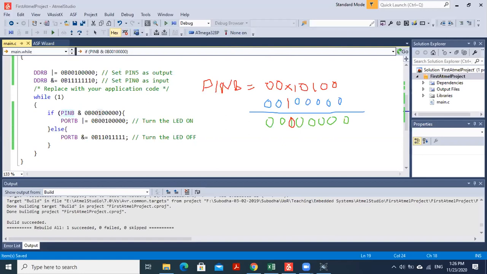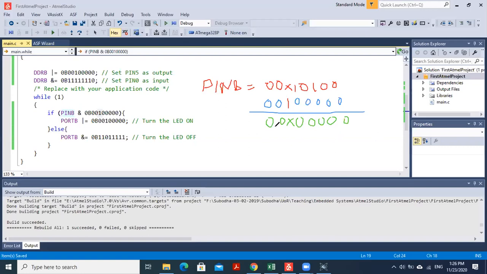So in this case, this one will be 0, this one will be 0, this one will be 0, this one will be 0, this one will be 0, and this one we don't know the value. When I AND with this, whatever the value is here will come here. Either 1 or 0, it doesn't matter, whatever the value is will come here, right?